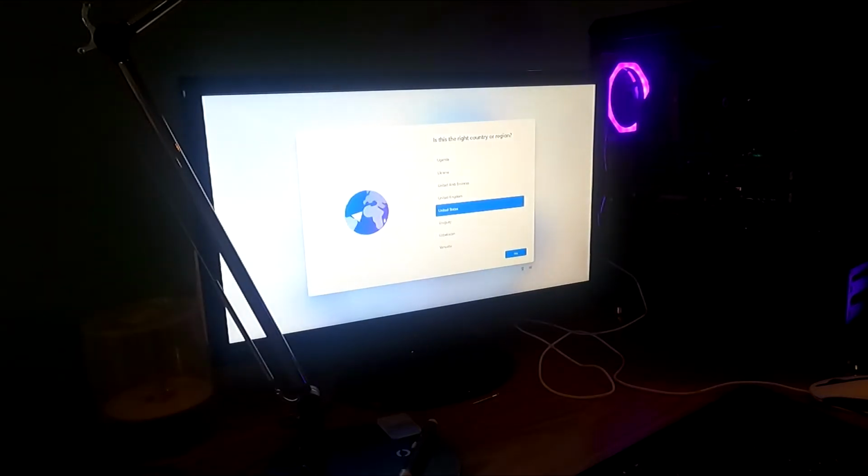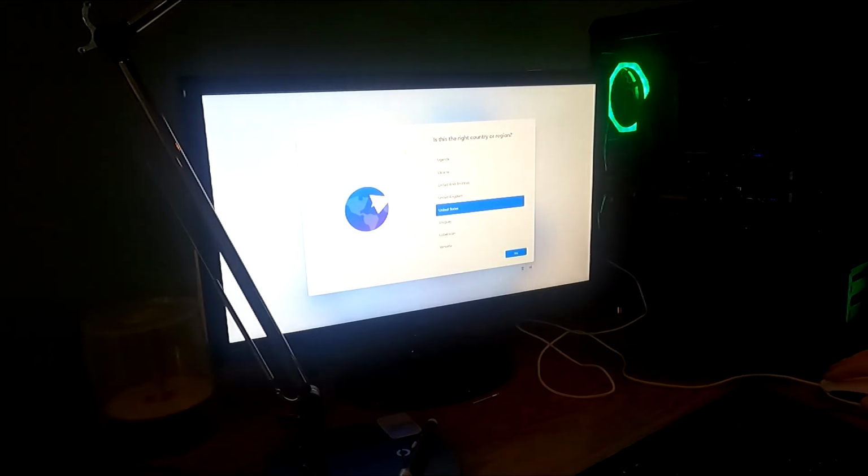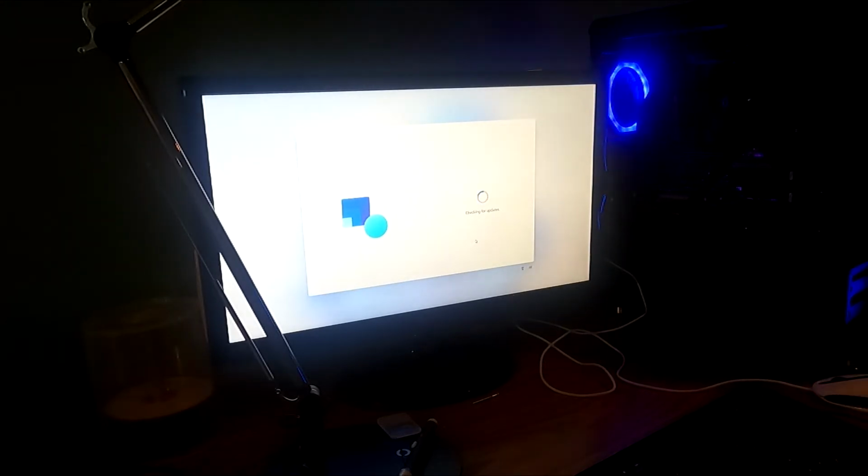It's been just about 4 minutes, so it was not long. And so I'm on these next steps. So I'll go ahead and fill these out. So we're checking for updates. We'll see if there are any. We're going to have to do a number of updates. I'm going to certainly have to download drivers, update pretty much everything that's on here, I would say. But right now, it's relatively quiet,